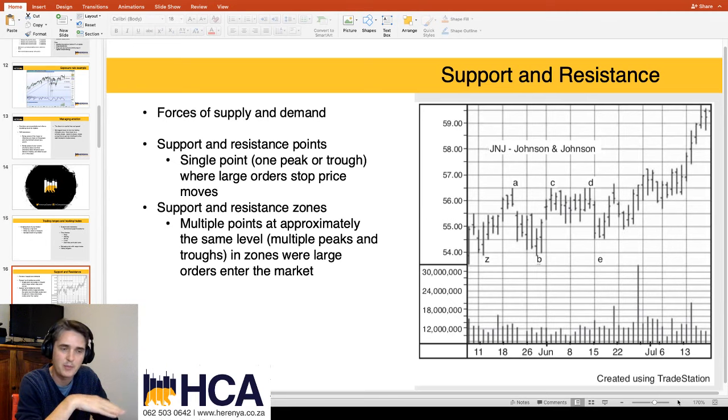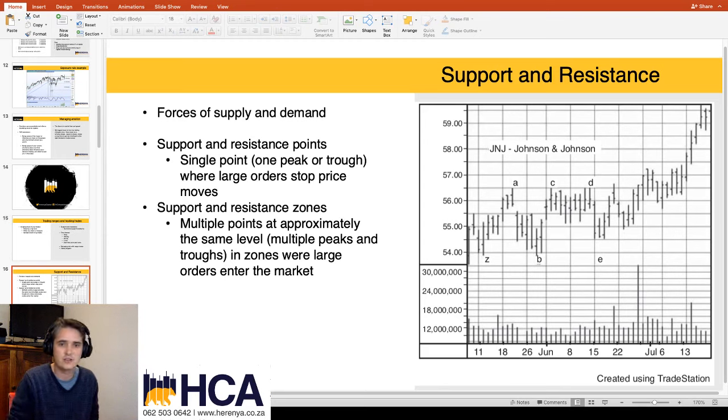So if the price is going up, it reverses at a certain price point. That is resistance. It comes back down, it finds support, it reverses again at a certain price point and it goes back up, that is support. So basically what you need to think about is forces of supply and demand. Sometimes these levels are around round numbers.